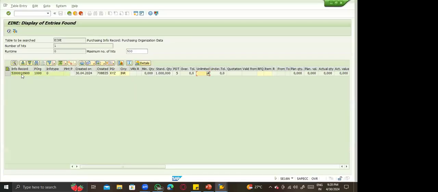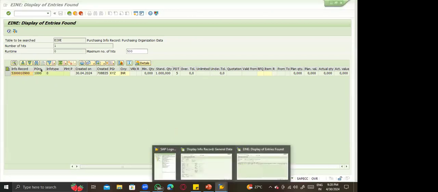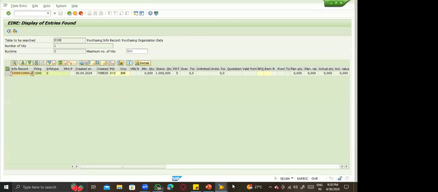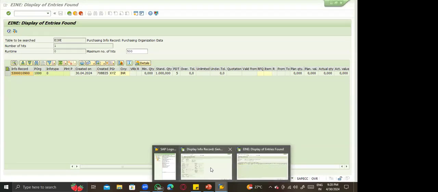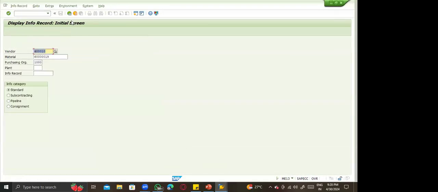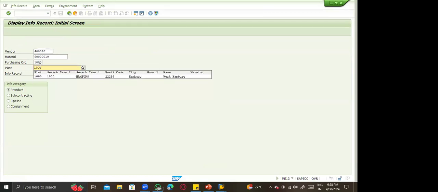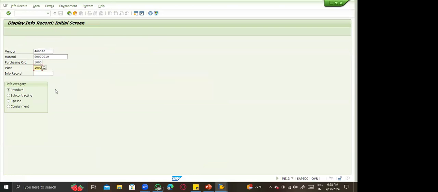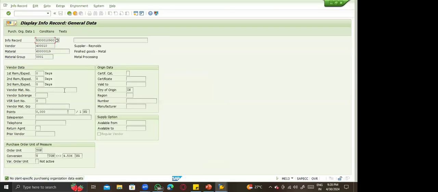One thing you need to understand here: if you are extending to plant also, the table will be the same and the info record number will be the same. It won't create a different info record number. If I'm extending this to my plant, because now plant specific data was maintained,